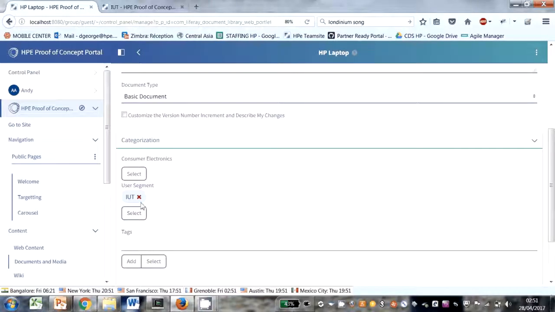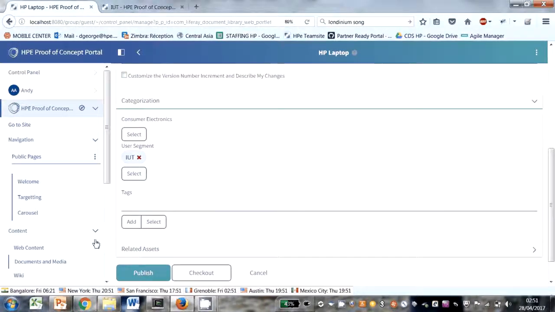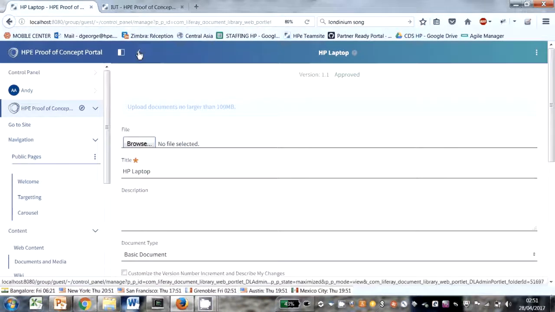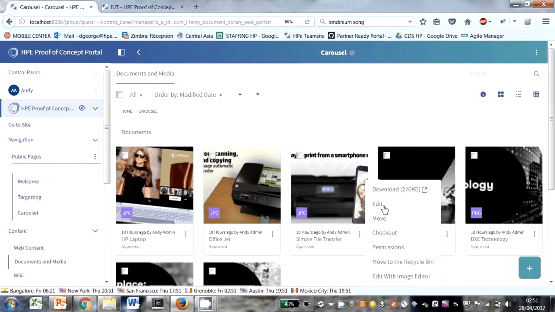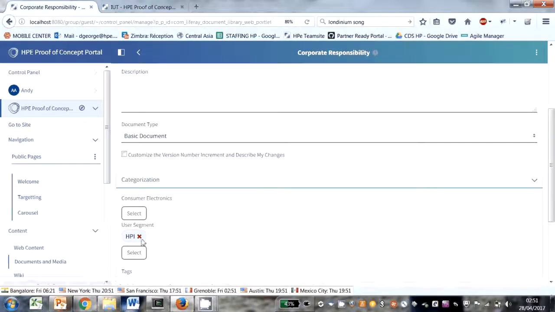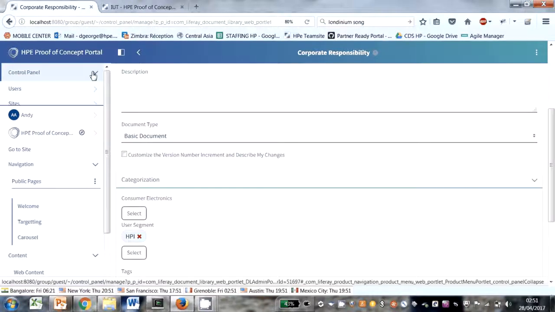So here, for example, I'm targeting the IUT user segment, which are women aged between 18 and 35, sorry. And if I go back, these images here are targeted to the HPI user segment. As I say, you can select no user segments, or you can select one or many user segments, so different content can be shown to different user segments, and a user coming to the site can be a member of different user segments. So we'll take a look at that